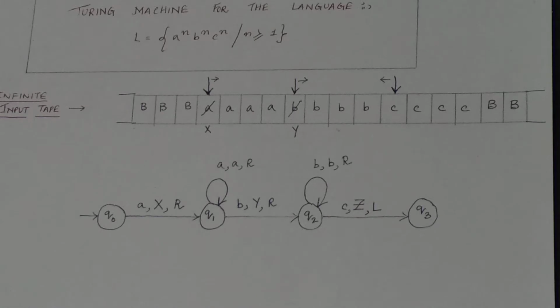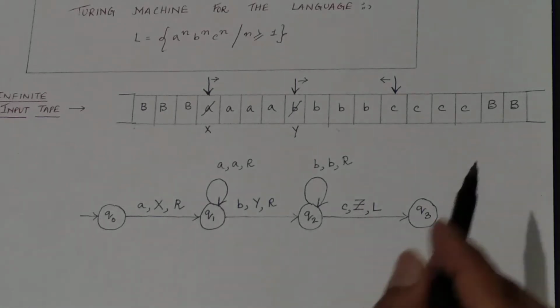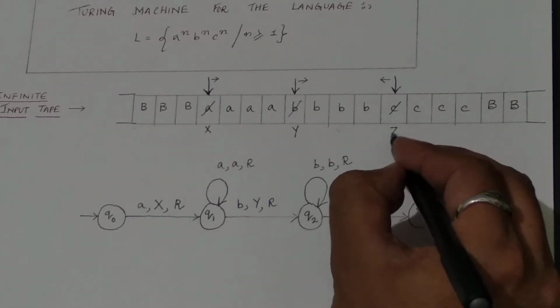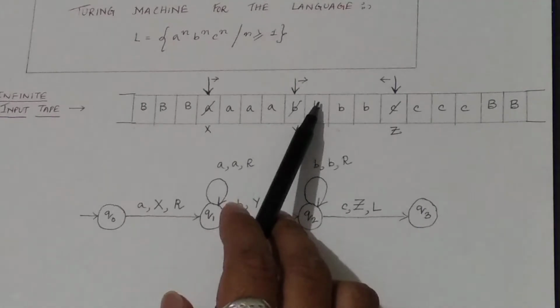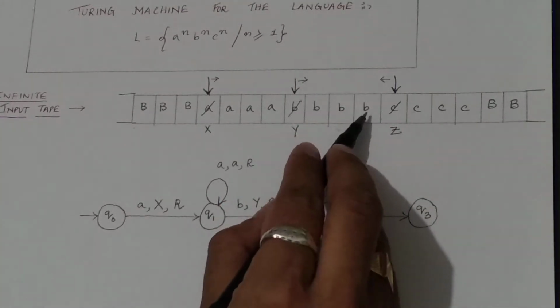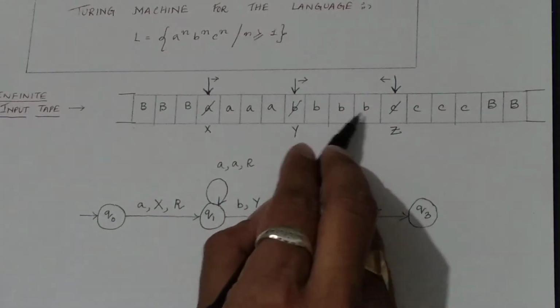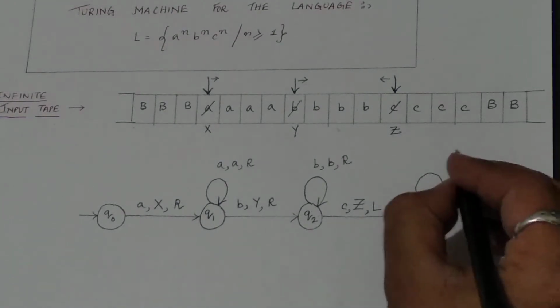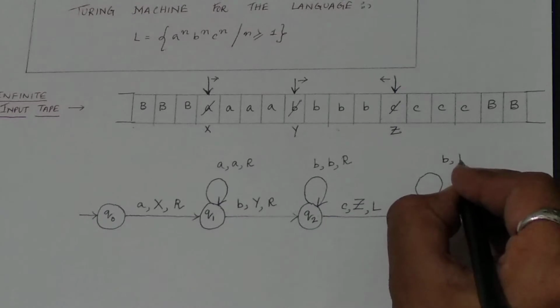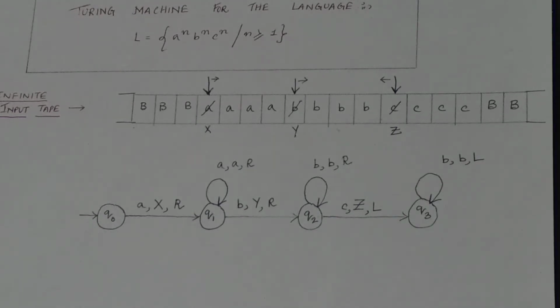Clear? So I think almost clear till now. Okay, now C has been replaced by Z, and the tape head will move in the left hand side direction. While coming back in the left side direction, it will overcome all the B's, it will read again all the B's. That means I can take a self loop, and in this self loop, on seeing B, replace by B, and move in the left hand side direction.